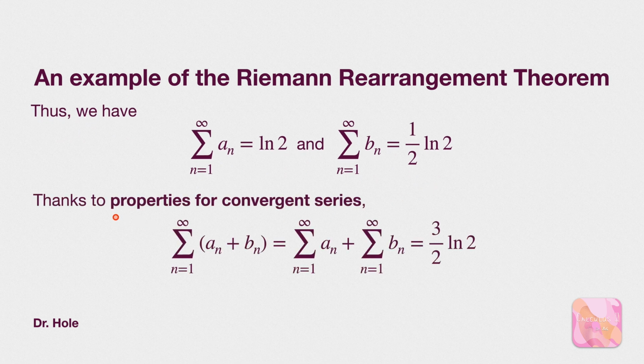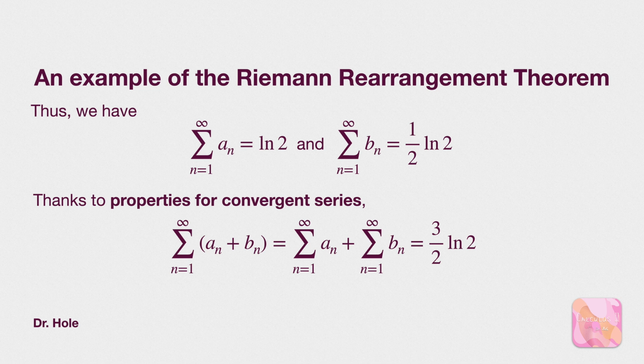So writing that out, thanks to properties of convergent series, if we take the ANs and the BNs, put them together to form a new series, the value produced will be the sum of their respective sums, which is 3/2 times ln of 2. All right, no controversy here. Everything is